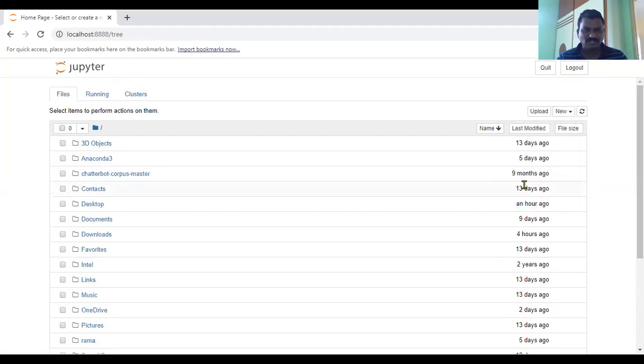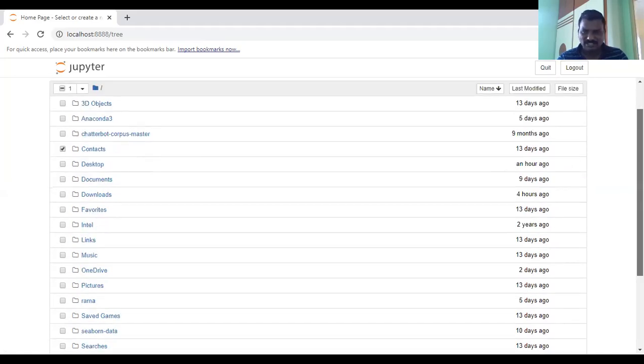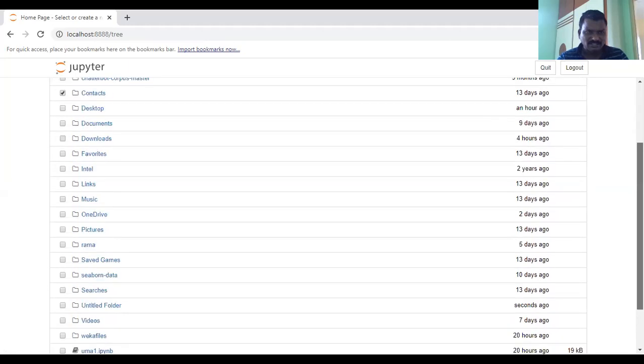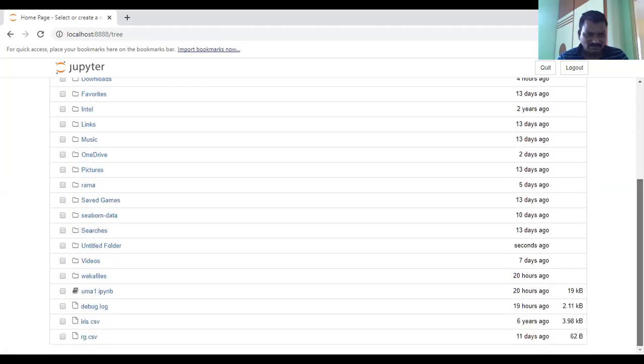If you create the folder, it automatically creates an untitled folder. Here is the untitled folder. You will give a name to that folder. Click here.